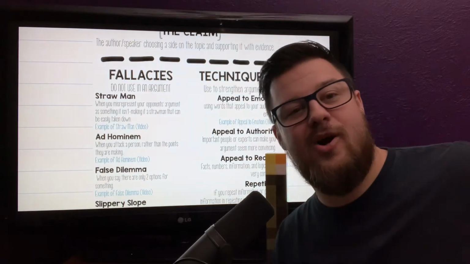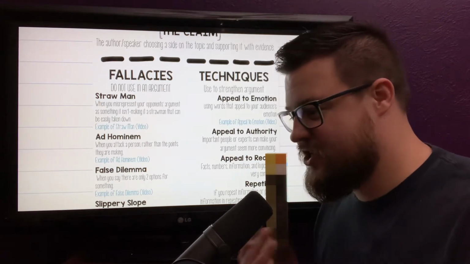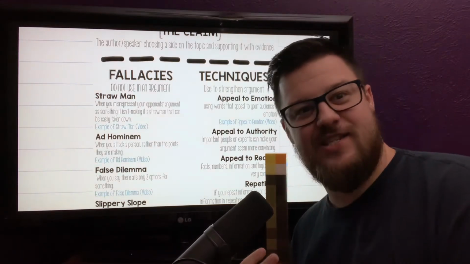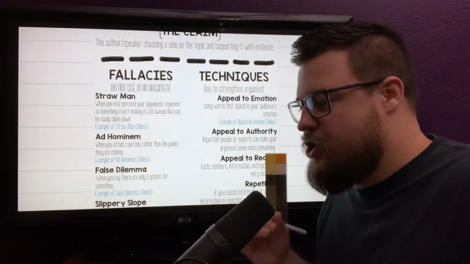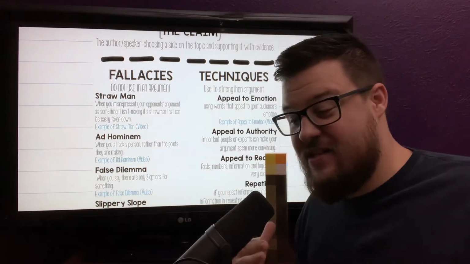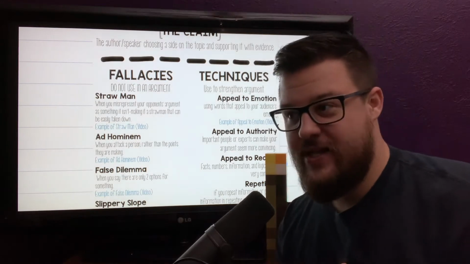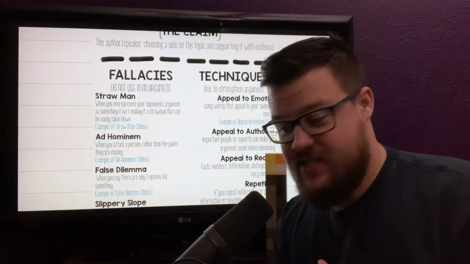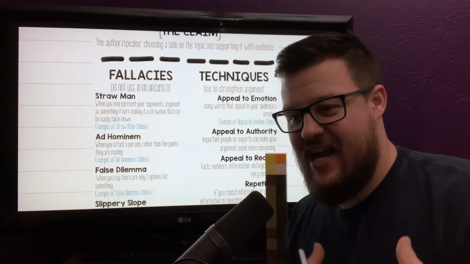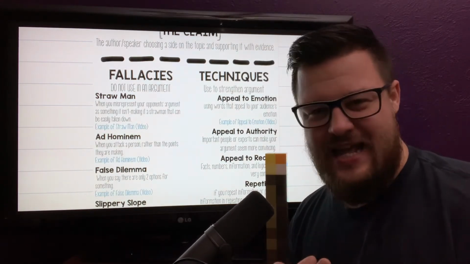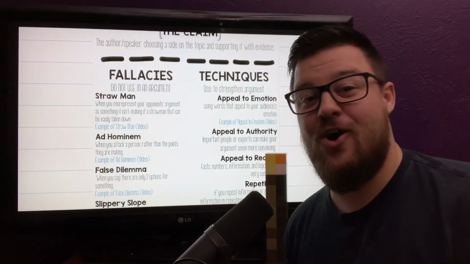So let's talk about fallacies first, because fallacies are really interesting. If you ever take a rhetoric class in college, or if you ever study debate or anything like that, you are going to come across fallacies, and people might even point out fallacies in your own thinking. And the best way to describe a fallacy for us is that a fallacy is an error in logic, meaning it's something that kind of sounds correct, but if you analyze it a little bit farther, you realize that it's not really correct at all.